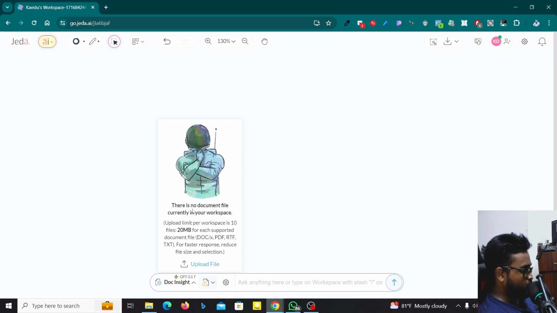Just make sure there is no document file connected, and the upload limit per workspace is 10 files, so you can upload up to 10 files, which is 20 MB for each. Supported document files are docx, pdf, rtf, txt. For faster response, reduce file size and selection. So if you need the faster response, you have to reduce the file size. Actually you can do it by using